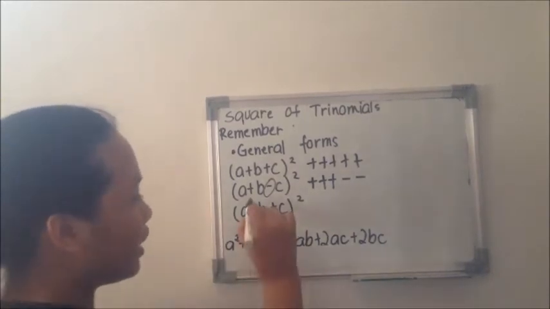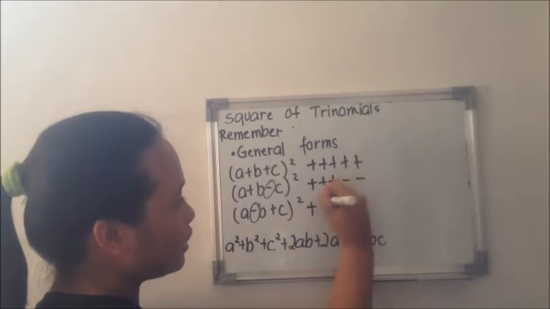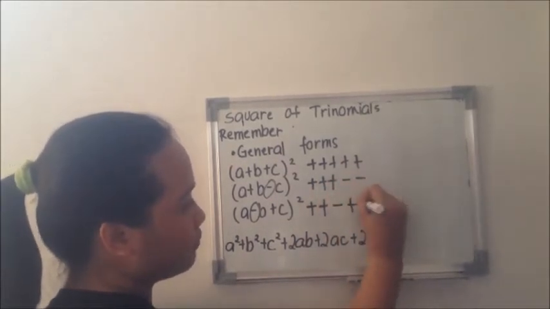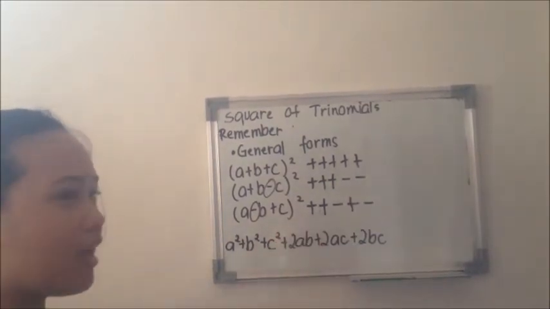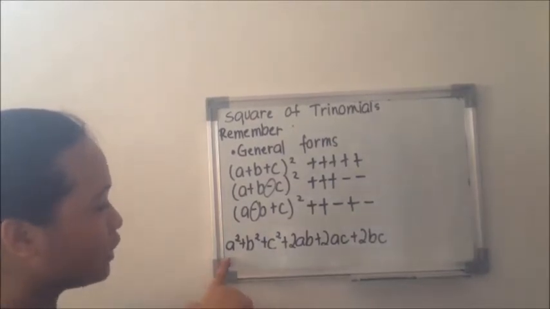Dito naman, nauuna yung negative sign. So, positive, positive, negative, positive, negative. Yan yung magiging signs dun sa sinosolve. Para dito,